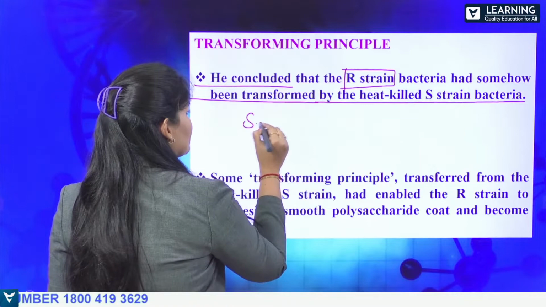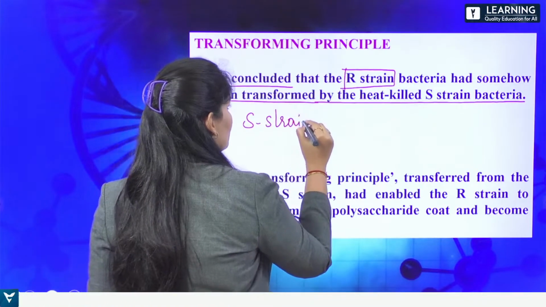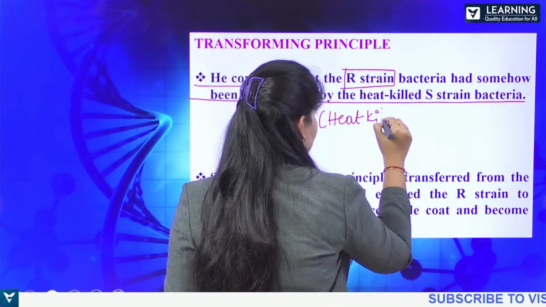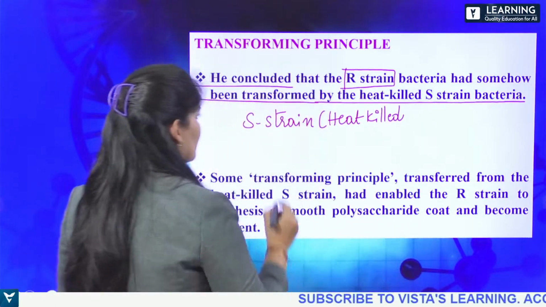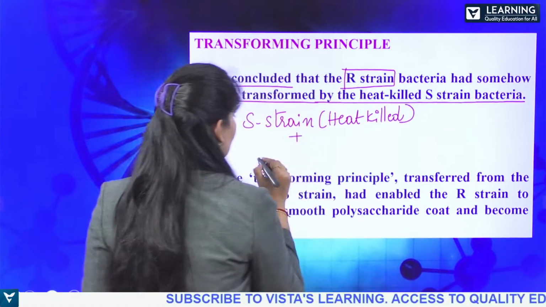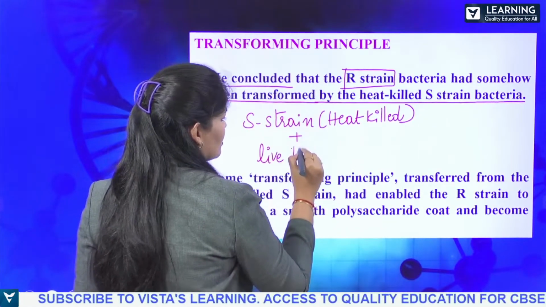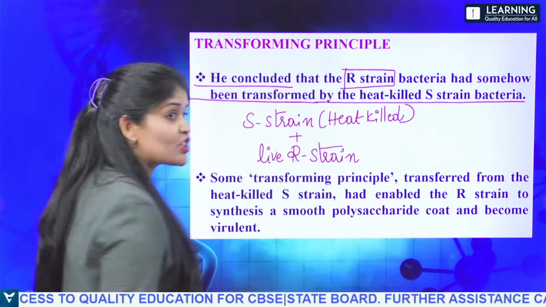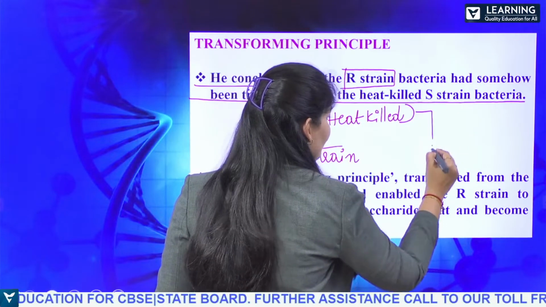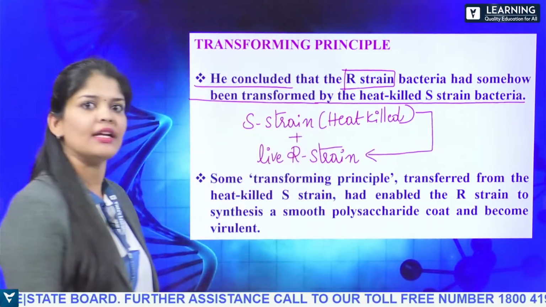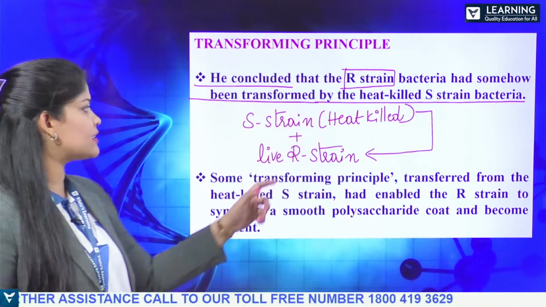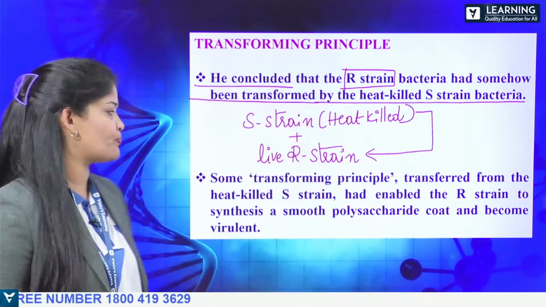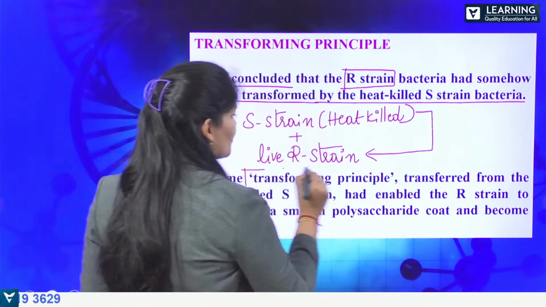When he combined the heat-killed S strain bacterium with live R strain, some transformation happens from heat-killed S strain to live R strain, which makes the non-virulent R strain into virulent form. Some transforming principle